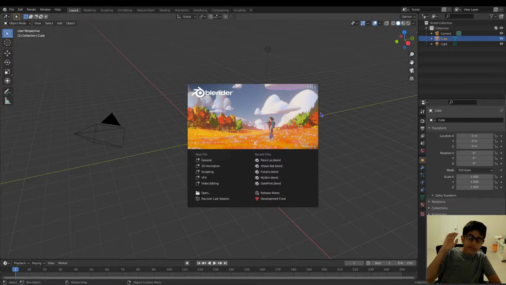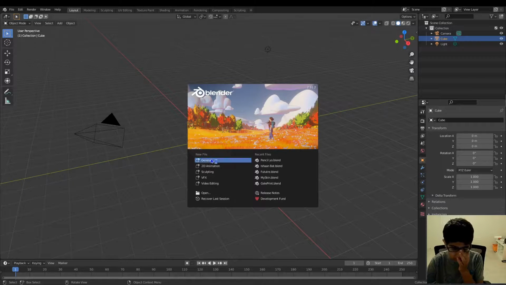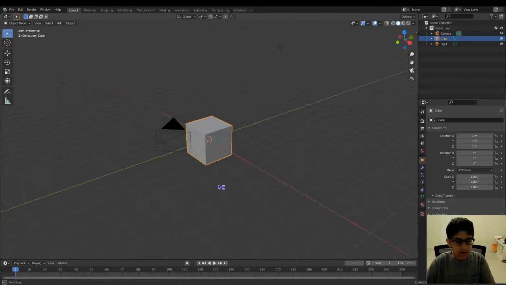Hello, we're going to be using edit mode in this video. I'm going to be showing you how to use edit mode, why it's so useful, and stuff like that. Okay, so when you're in Blender, just open a new general file, and